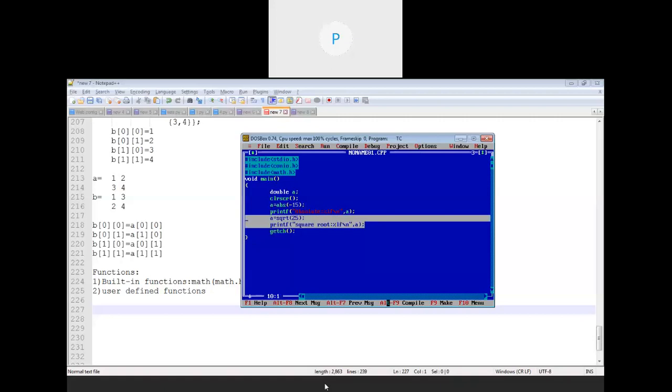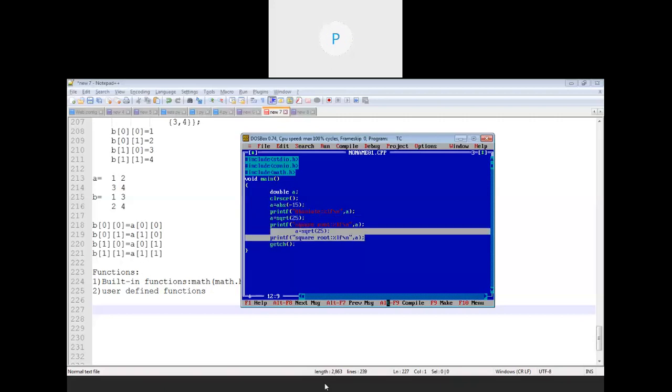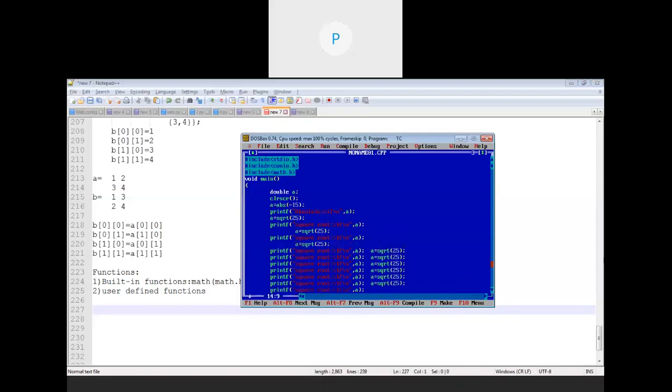Now, in the same way, next we have to learn the trigonometric functions. I'll just copy paste this. In trigonometric functions, we have sine, cos. I'll take sine 0 just for identifying the correct output.